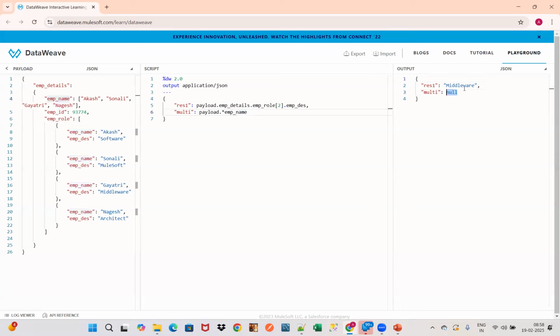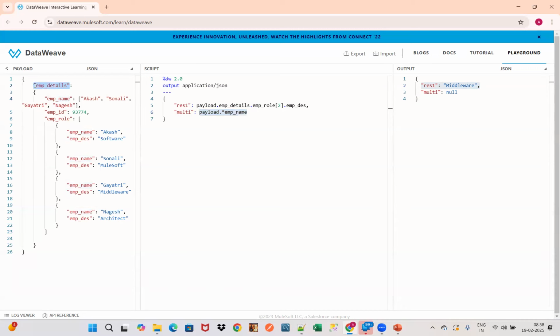Why, guys? Just don't consider this particular one, because it is related to the line number 5 data view expression. Coming to the line number 6 data view expression, it is checking for multiple matching employee names within the payload. But when it tries to check the payload, it will